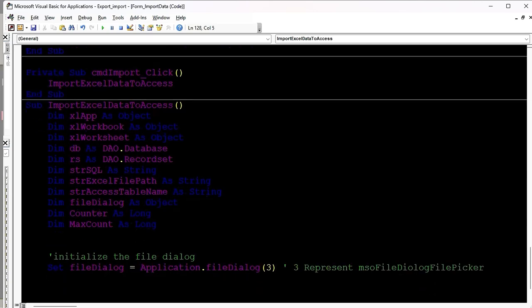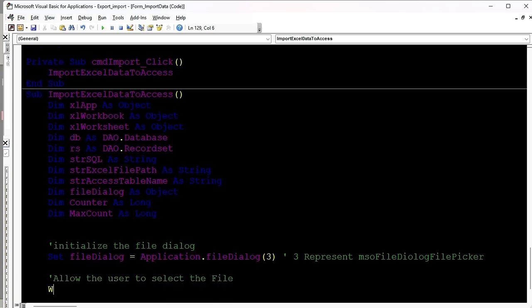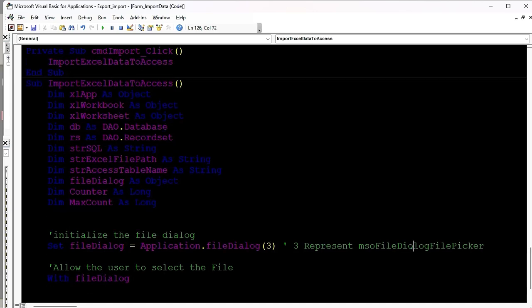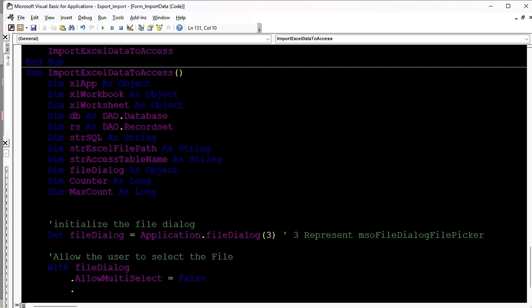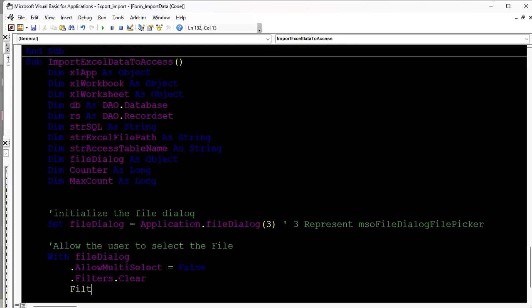Then after, you allow the user to select the file. So how? We'll use With file dialog. So with the file dialog, what to do here? We set allow multiple select equals to false. First of all, we must select only one. Then dot filters dot clear. Then filters